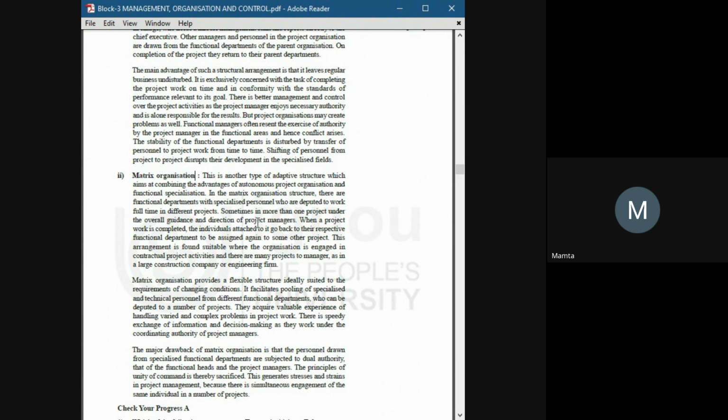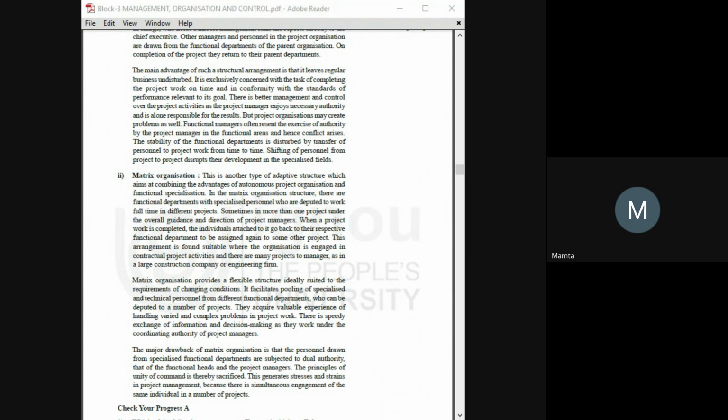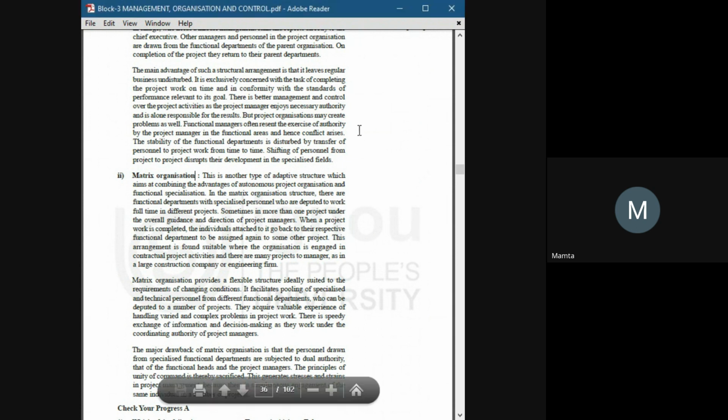Now, we have specialized personnel. We need to cater to all these projects. We need to look after all these projects. For those projects, we create a unit, or we create a team upon those project units. So these are some specialized personnel. The managers of project A, project B, and project C will report to that specialized personnel. I guess it's clear. Let's read it out.